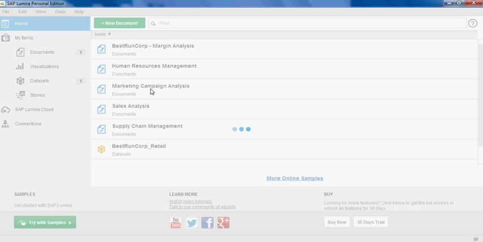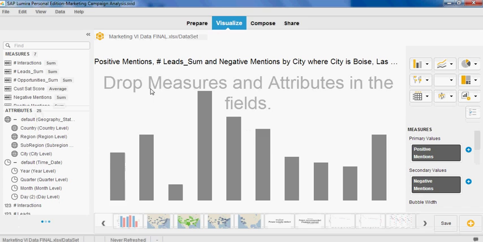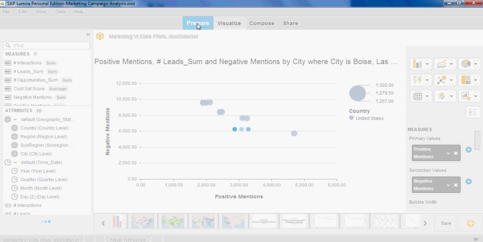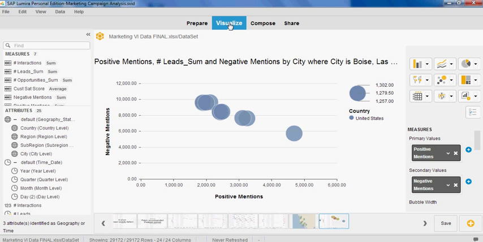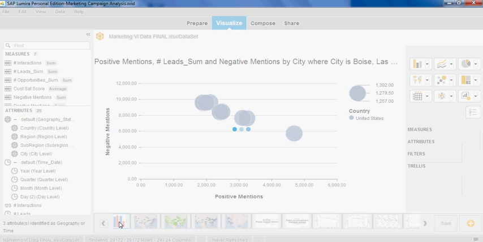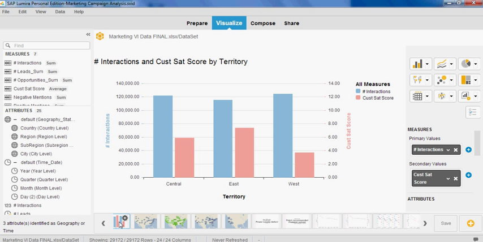We're going to start by acquiring, merging, and enriching the data that we need for analysis in the preparation area within SAP Lumira. With that done, we can now start our analysis. We're going to begin by looking at the marketing campaign at our highest level, which is territory. We can see how expansive the campaign reach is by the number of interactions within each region, which is shown by the blue bars. We can see that each territory had a large number of respondents, which is a good